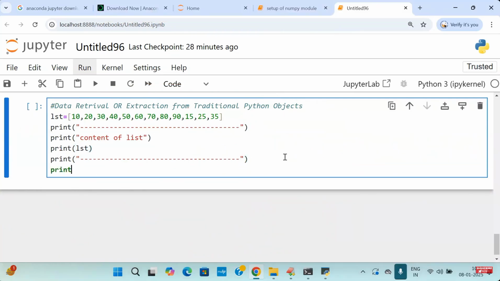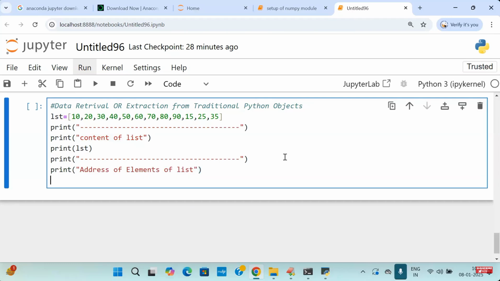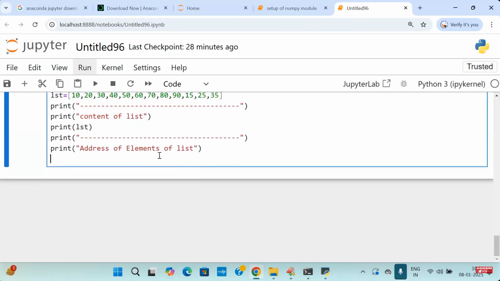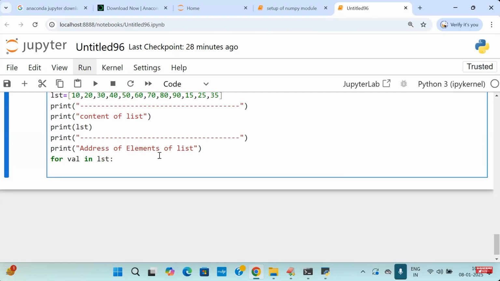Print the addresses of the elements of the list. Now I'm coming to the point. Here I'm going to enter: how do you print the addresses? For value in LST, print value, comma,